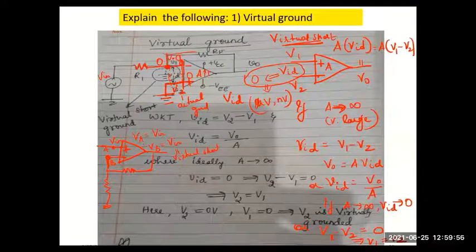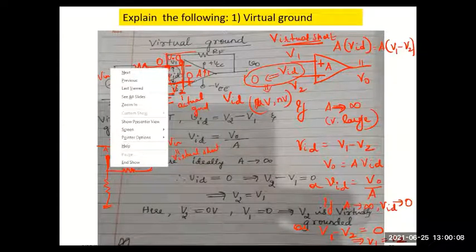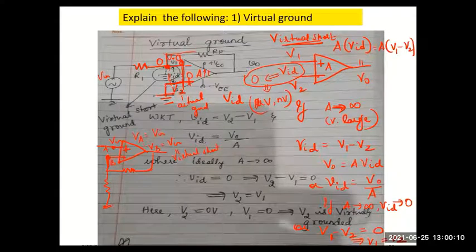Therefore, using this concept of virtual short existing between the two input terminals, I can consider the voltage at this inverting terminal to be following the direct voltage which is connected to the non-inverting terminal. Wherever I have a direct signal connected, the other terminal voltage will follow that direct signal. So in this case, the voltage here would be 0. I told you that direct signal need not be 0 always. Here I had connected the non-inverting terminal to 0, so I said the inverting terminal will also be at 0 potential.